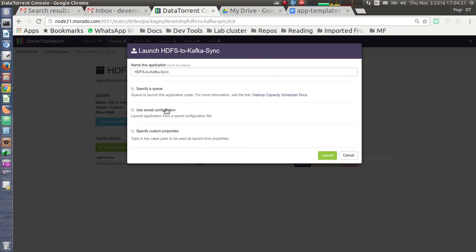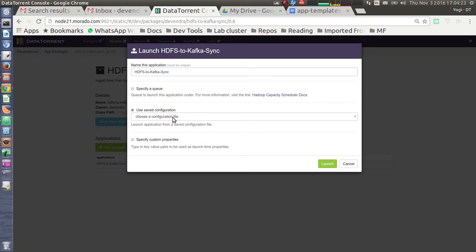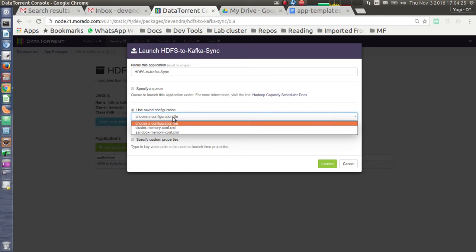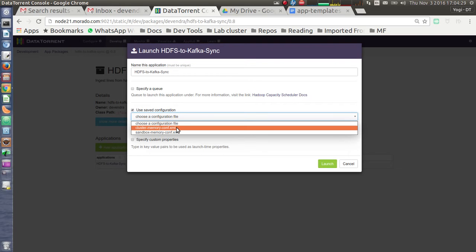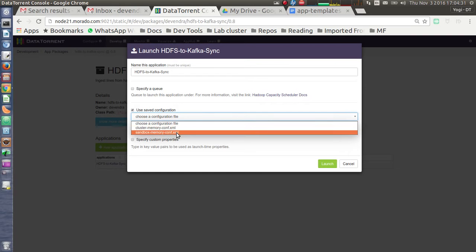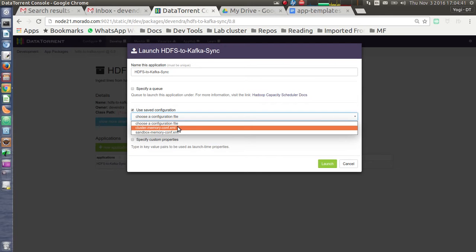Use saved configuration. I will select this option. So basically we have two pre-saved configurations. One is for cluster environment and the other is for the single node cluster or maybe the DataTorrent RTS sandbox edition. Since right now I'm running the application in a cluster environment, I will select the cluster memory configuration.